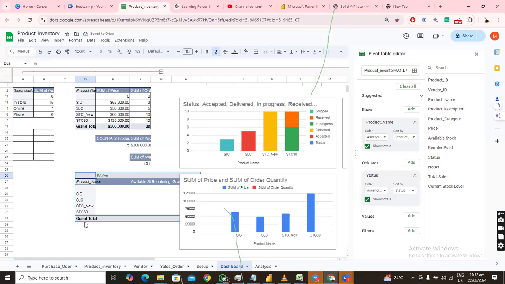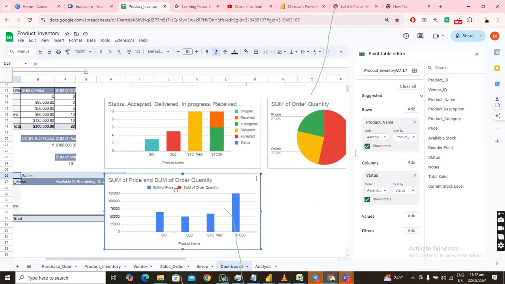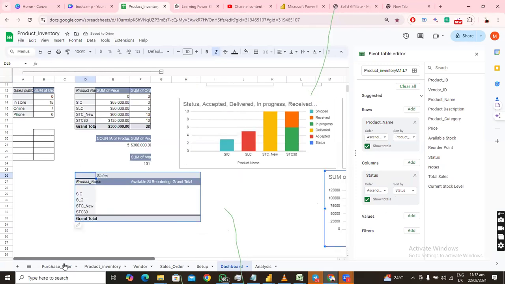Let's pull this a little bit out. Available. So we're going to remove the total, show total, because we're not showing